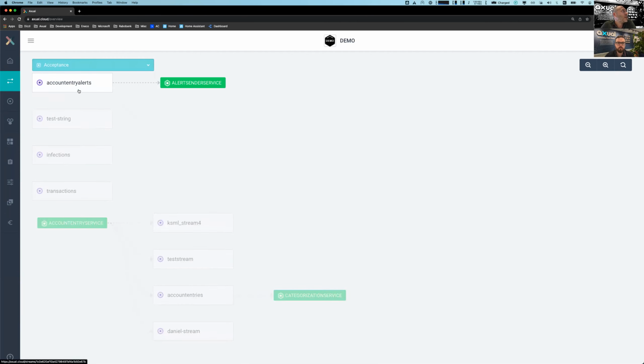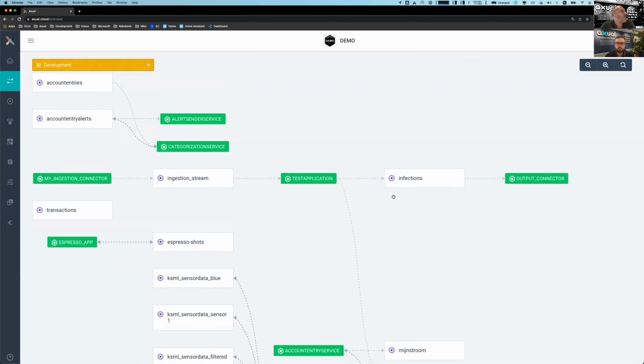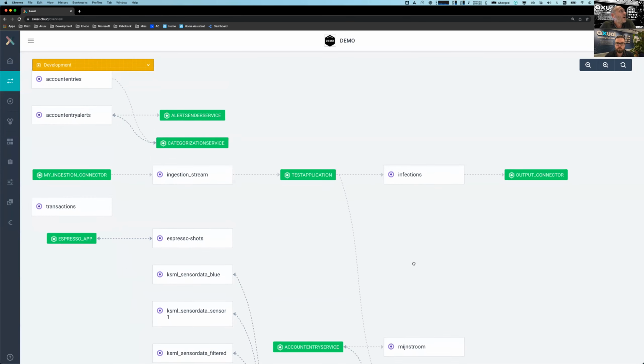In acceptance, you could have a completely different situation, because in acceptance, you obviously have the next iteration of your production environment on the way. So this would be the situation in acceptance, and in development, you can have a completely different situation.